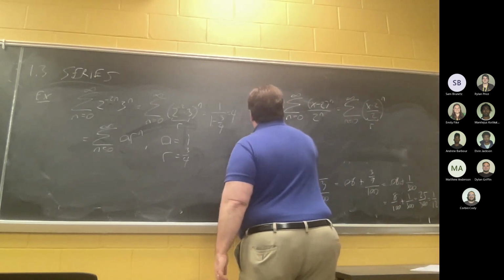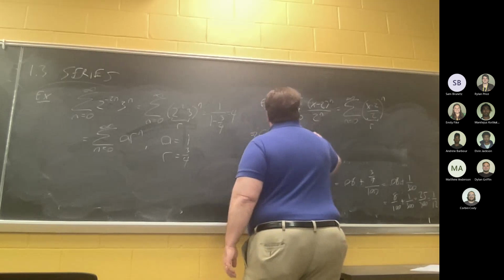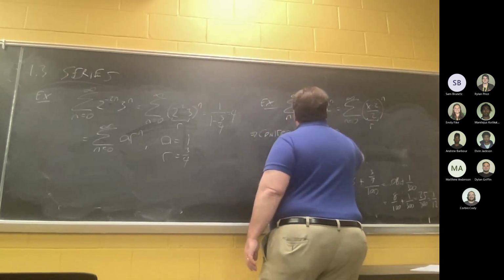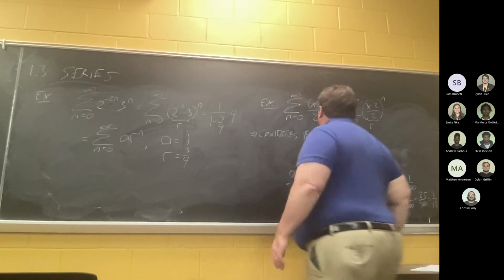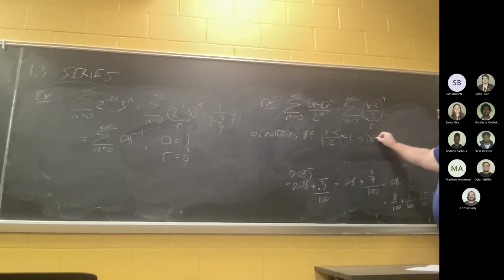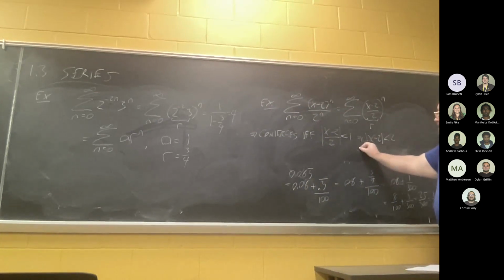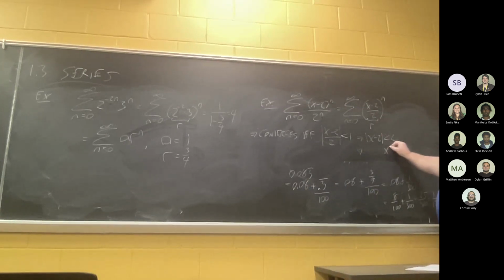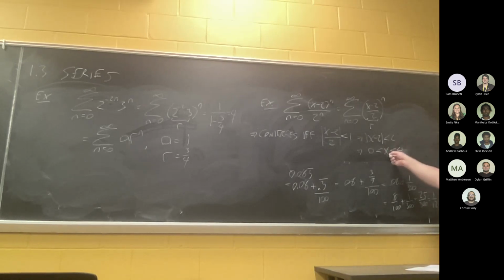So what you would require is that it converges if and only if the absolute value of x minus 2 all over 2 is less than 1. So that would mean that the absolute value of x minus 2 must be less than 2. So that means that x has to be between 0 and 4 for this series to converge. So if x does fall into this range,